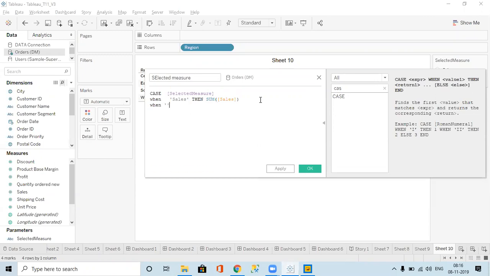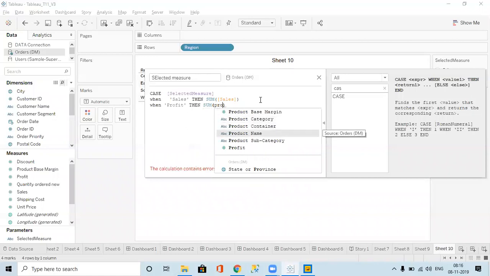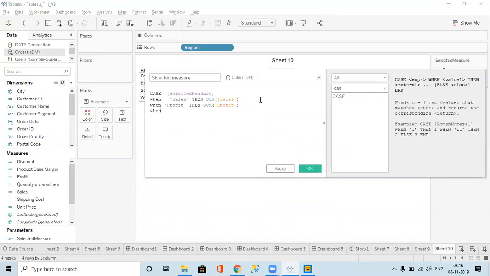When profit is selected, show me sum of profit. Similarly, when discount is selected, sum of discount, and we can do the end. Did you understand, guys?